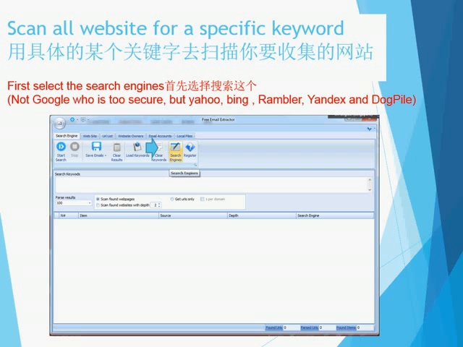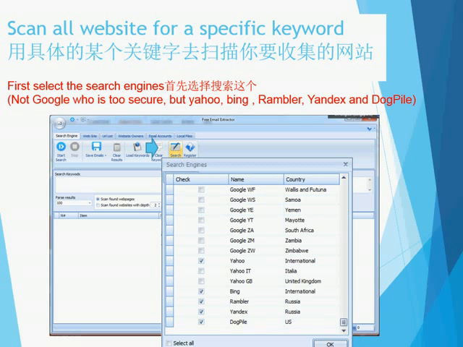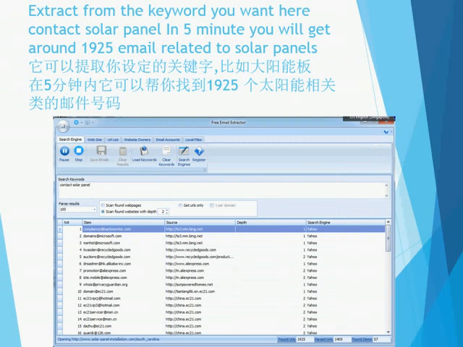So here you can select the search engine. Do not use Google. With Google there is too much security, so you will be banned after a few seconds. But you should use Yahoo, Bing, Rambler, Yandex, Dogpile. These are search engines which don't have security like Google, and the security is not as powerful as Google. So they will allow you to scan them and to collect all the information, analyze the website, and collect all the email addresses. So if you execute it for 5 minutes, you will have 1,125 email addresses, which is